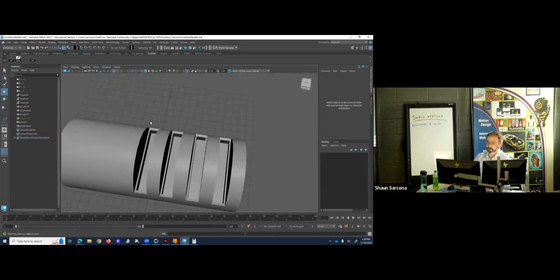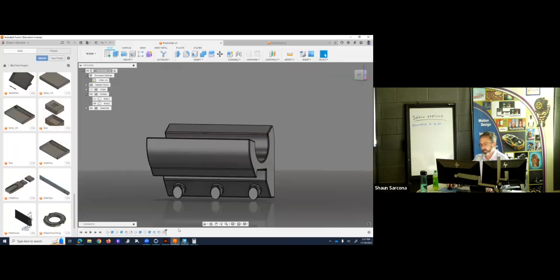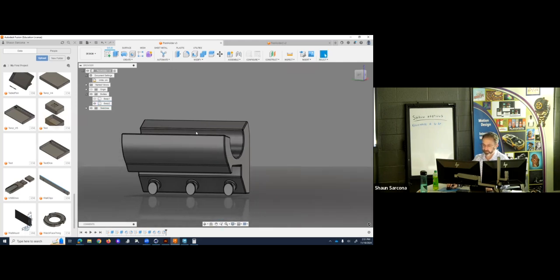Okay. Now I could have done the same thing, modeling one and then duplicating it, and that would still work. But I have to start with that cylinder in mind first. I couldn't just jump in, take my original design and make it into a cylinder. Whereas here I could